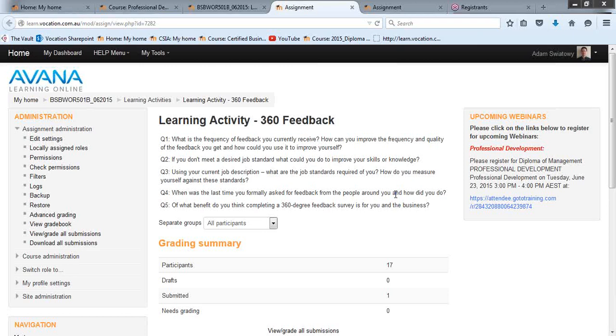So a 360-degree feedback tool as a development tool should help employees to recognise their own strengths and weaknesses. And so when done properly, 360 is a very effective development tool for that reason. As I mentioned before, if it's used as a performance appraisal tool, it's a big problem because the 360-degree feedback